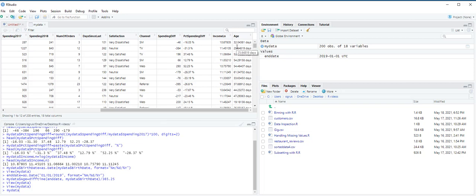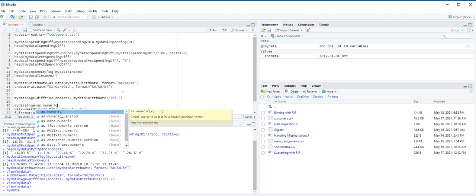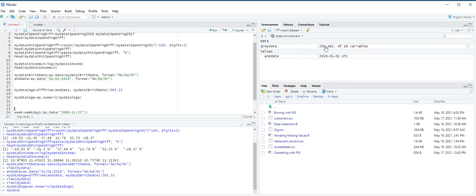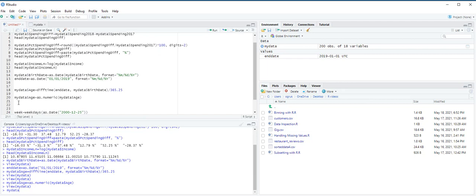Because this is not numeric, we need to change this to a numeric variable. And next, in order to transform this age variable into numeric, we are going to use the as.numeric function. Age is equal to as.numeric, and open the parentheses, myData$age, and then control enter. Now let's go check the data frame. Age is now numeric, but we are not done yet